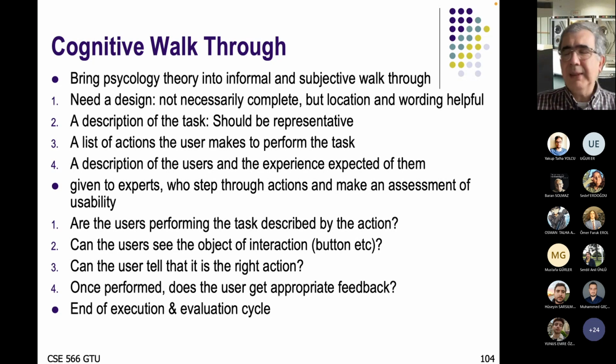There is a secondary technique named cognitive walkthrough. Cognitive walkthrough means